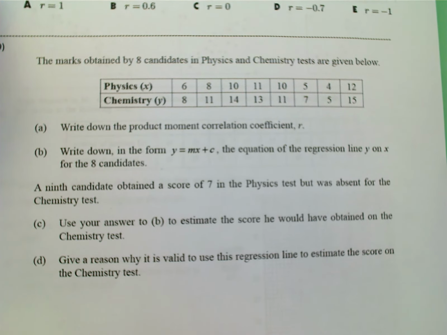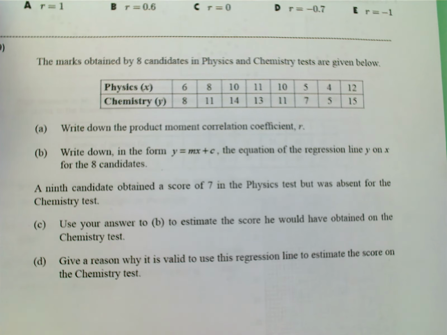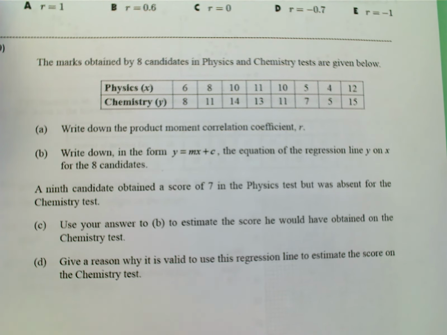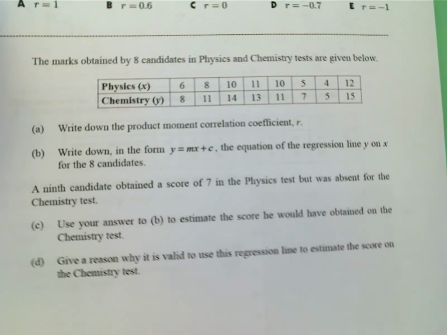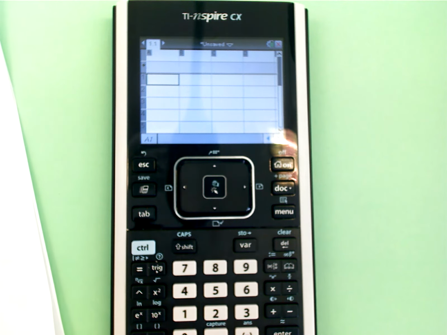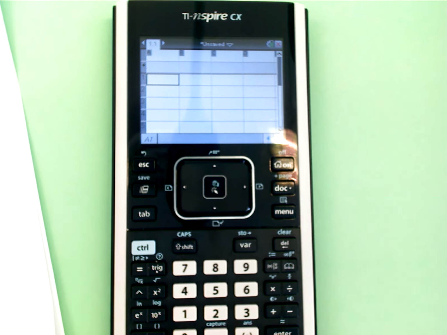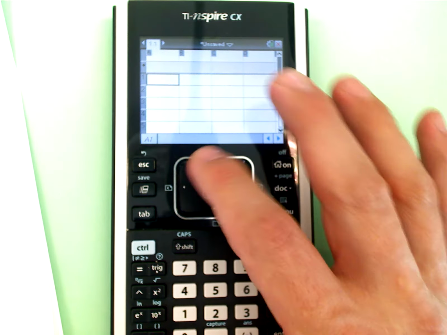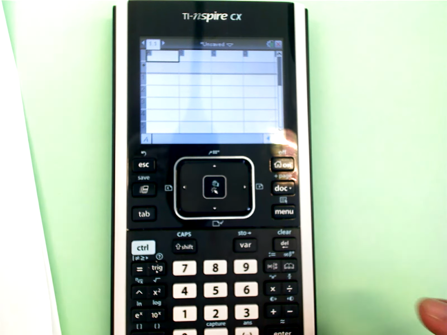And in fact, you can see parts A and B tell us basically to write down the correlation coefficient and to write down the equation of the regression line, which we're going to have the calculator do all the calculations for us, and then we're just going to copy from the calculator the equation of the regression line and the correlation coefficient. So first of all, let me go to the very top of this column,